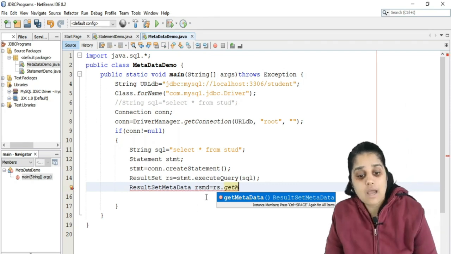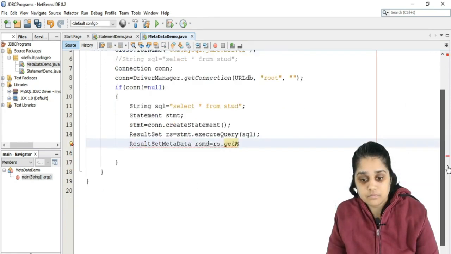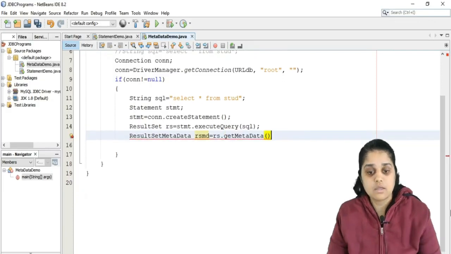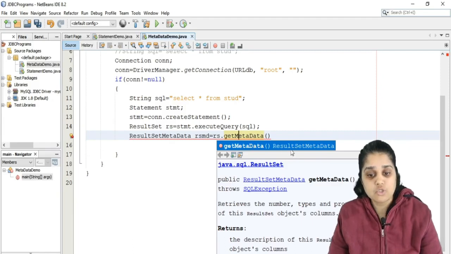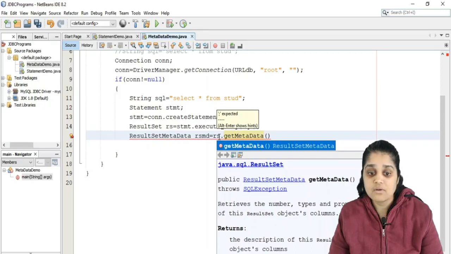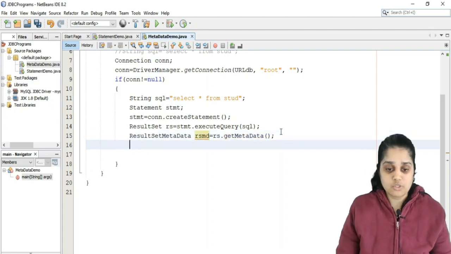This method, ResultSet's getMetaData method, is going to return ResultSetMetaData, and it is always called upon the result set. In another way, you can say that the ResultSet has a method getMetaData, which is going to give the number, the type, and the properties of the result set. Let us see what it has to give you. Let us just print